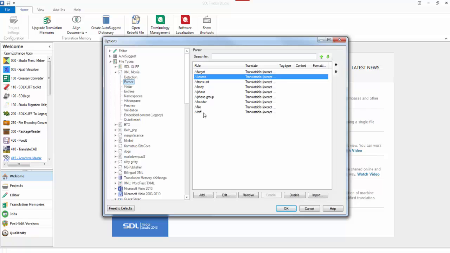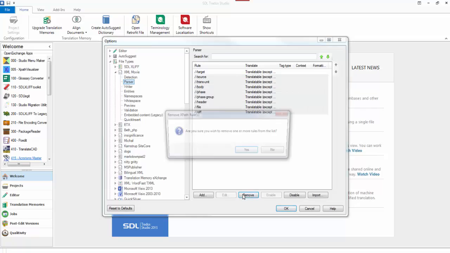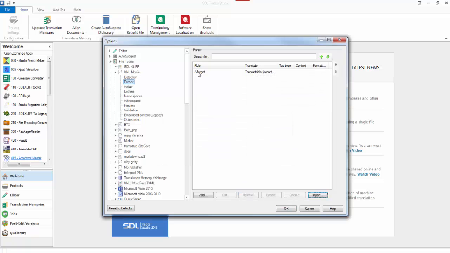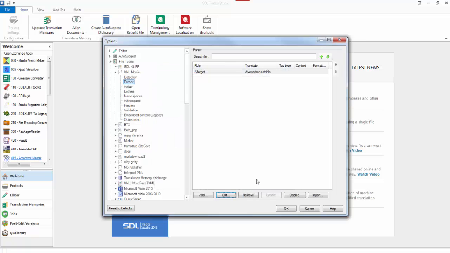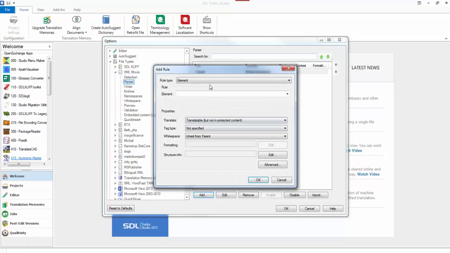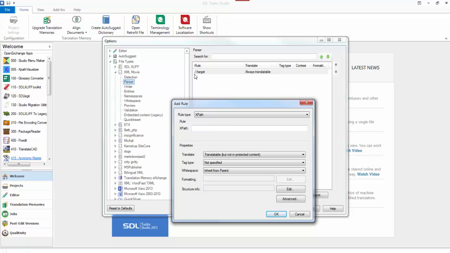So I don't want any of these rules. The only one I'm interested in is the target element, because that's what I want to populate. So if I edit that and just say always translatable, say OK, and I'm going to add one other rule here, a little XPath rule. This is XPath, by the way. See, /target is XPath. It's pretty straightforward. So I'm going to go / and use a wildcard, which means any element, and make it